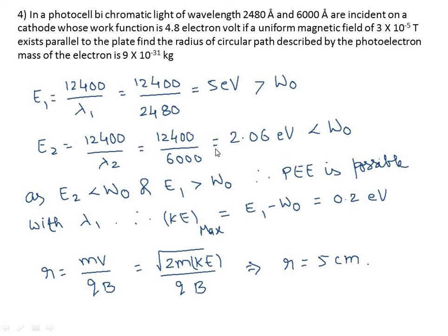That's it, right? R equal to mv by qb, in cyclotron magnetics we studied. So R equal to mv by qb upon substitution. Now what do you mean by this again? m into v is momentum. How can I relate momentum and kinetic energy? Square root of 2m KE by qb.